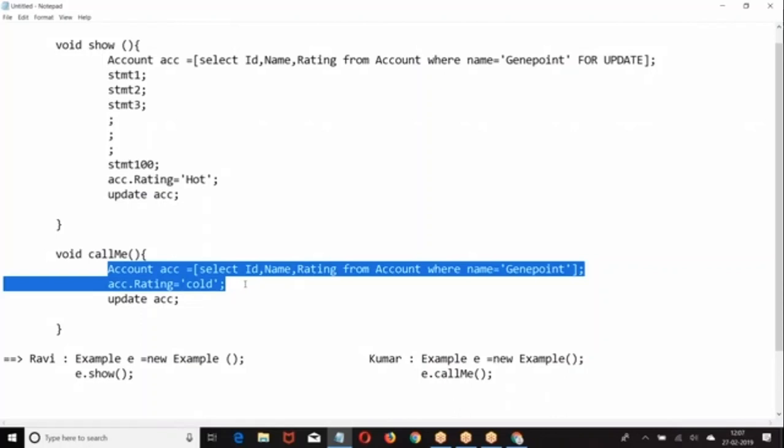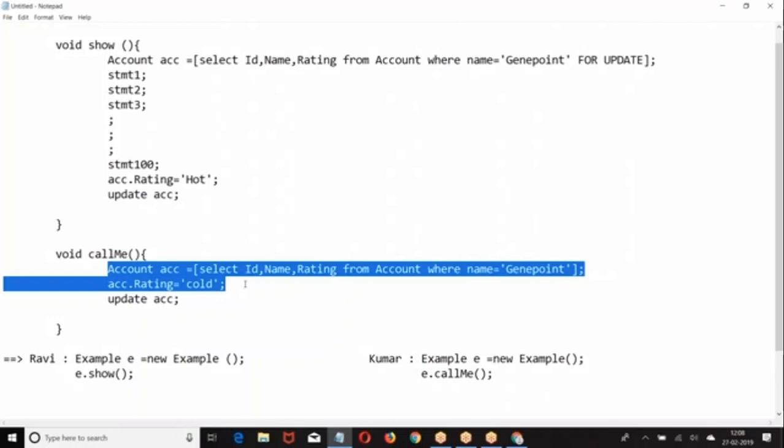Within that 10 seconds, if this lock is released, then this operation will continue and make the changes. After 10 seconds, if the lock is not released, then your modification will throw an error message. You cannot modify it. Are you getting it? Now, how do you lock it? FOR UPDATE. When I say SQL query FOR UPDATE, whatever data we are fetching using SQL is locked. Nobody can modify it until my transaction is completed. How long? I will wait 10 seconds. It gives 10 seconds, sir.